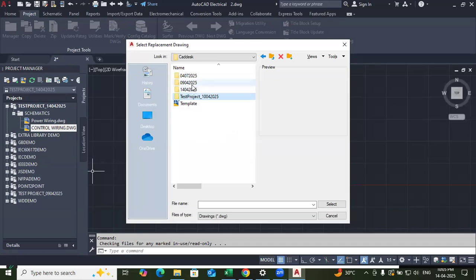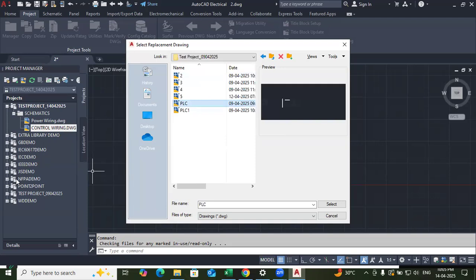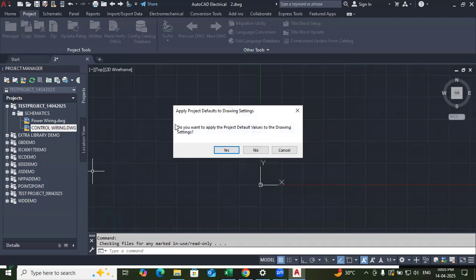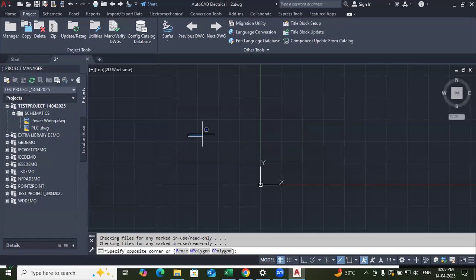Let us consider that from this folder I'm going to replace, say, a PLC drawing. So the control wiring drawing will be replaced by the PLC drawing, correct? I have selected the PLC drawing. Select. Again it is asking to apply the default value setting. Yes, you can see that the control wiring drawing is replaced with the PLC drawing,